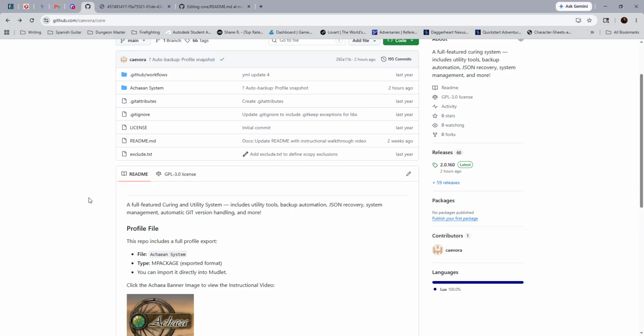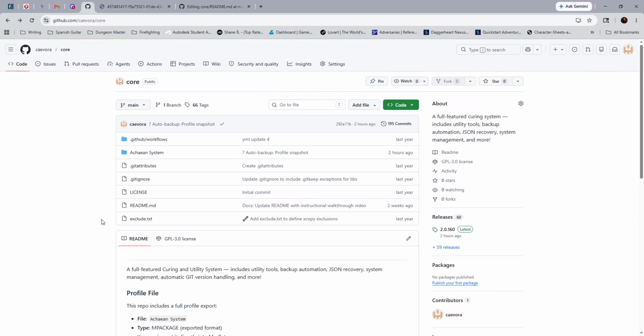There's also a third way that you can install this, and I'm going to show you how to do that via the package manager in Mudlet. So let's go to Mudlet